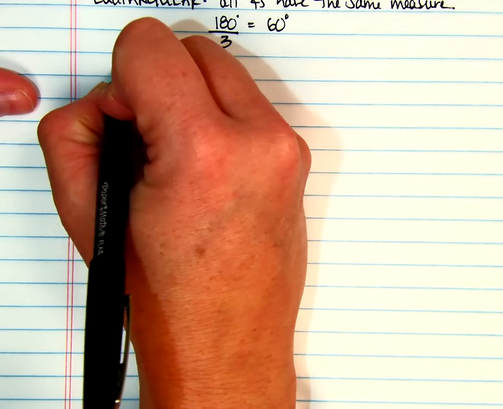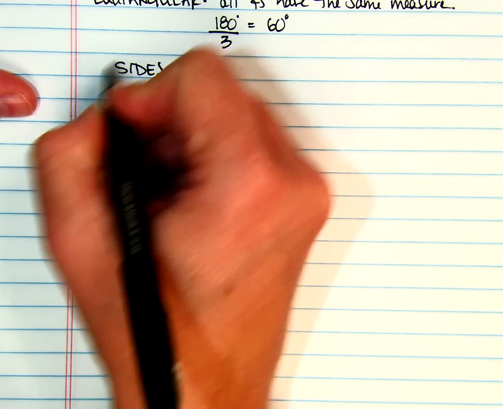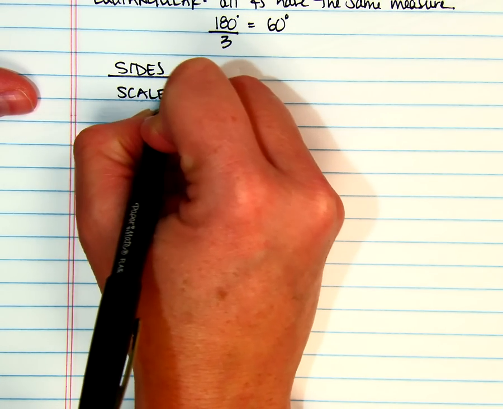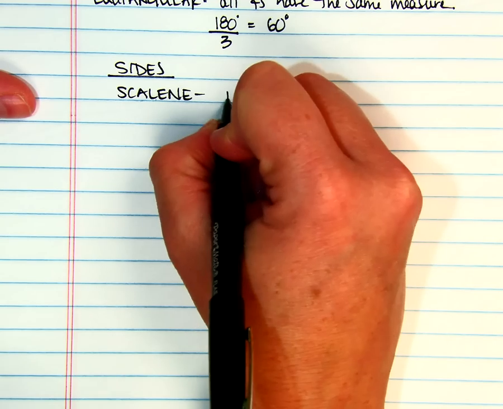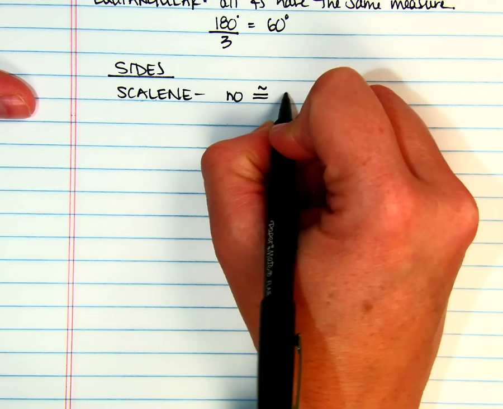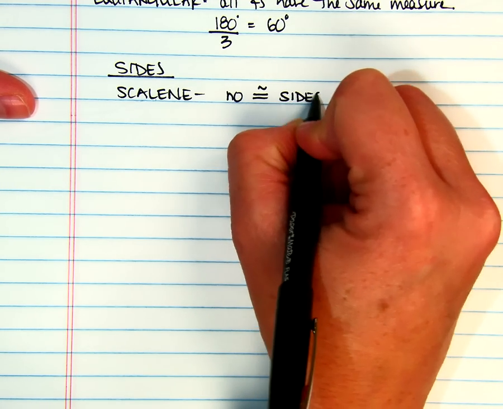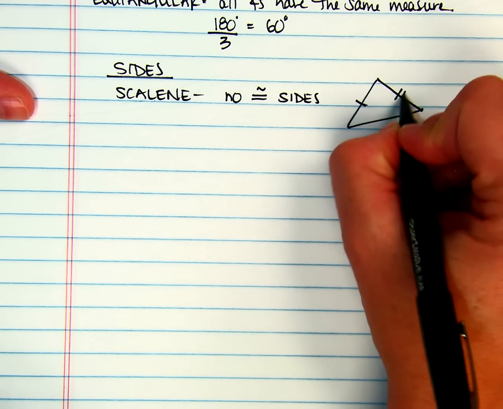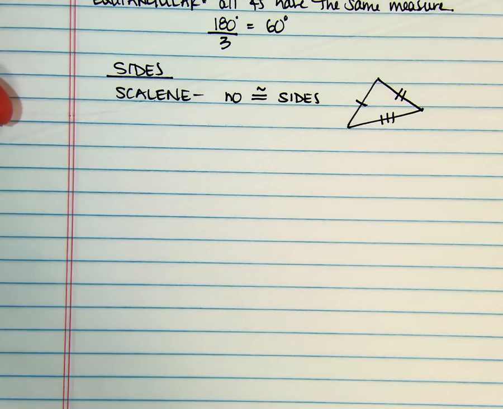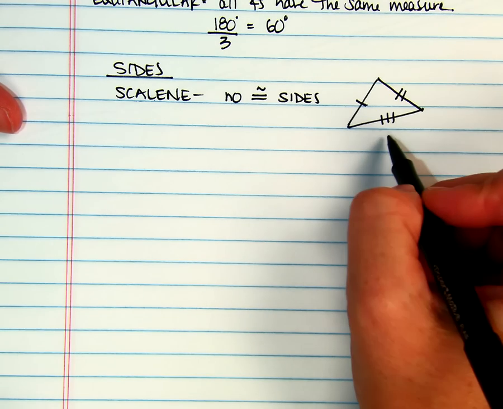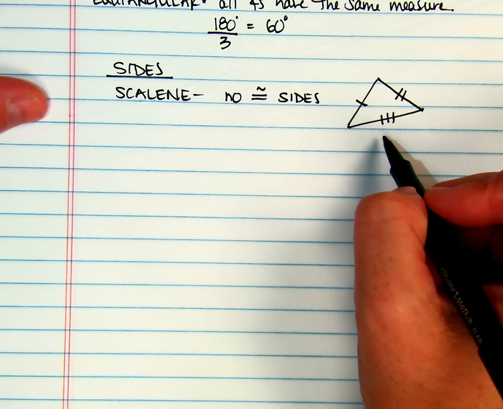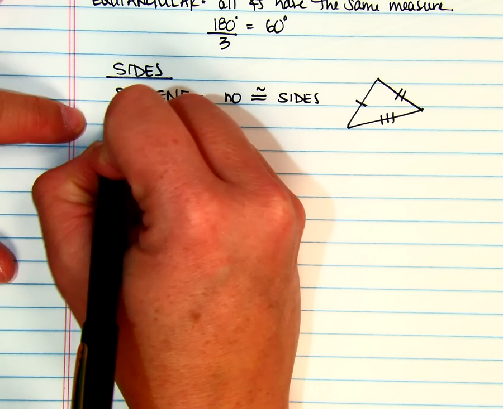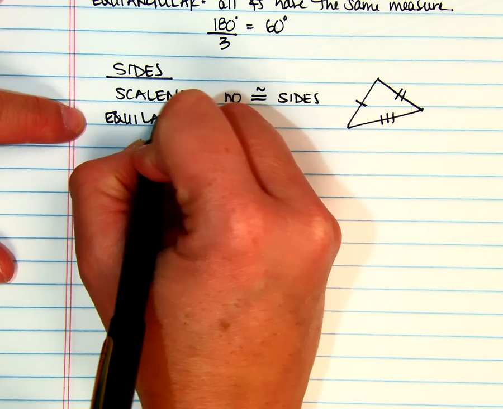If you are classifying by sides, we have a scalene, which means that you have no congruent sides. So you might see something that looks like that, or definitely three different side lengths. Then we have, I'm going to jump to equilateral,